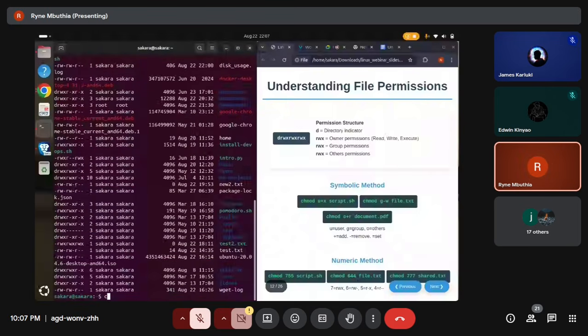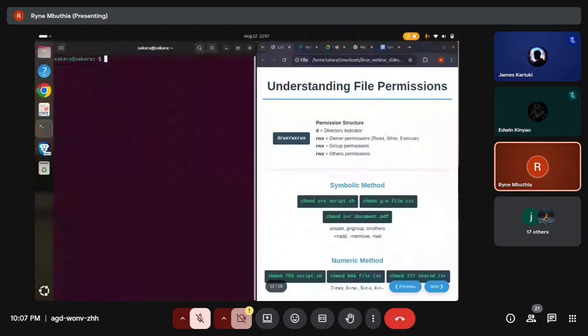Let's clear. Now I've decided, you know what? I want the ownership to go back to Sakara. I don't want the DevOps team to have that permission to read and write. The command that I can run is sudo chown. I'm giving it back to Sakara. And the file is called